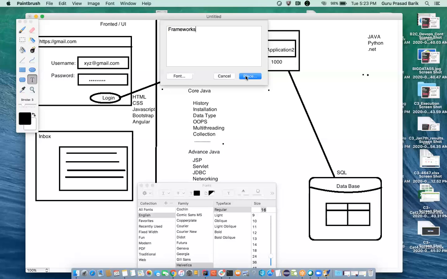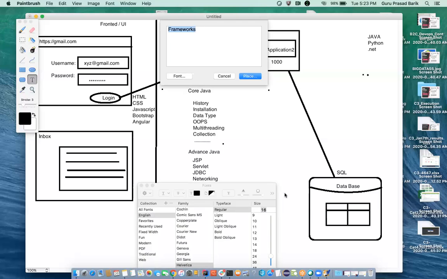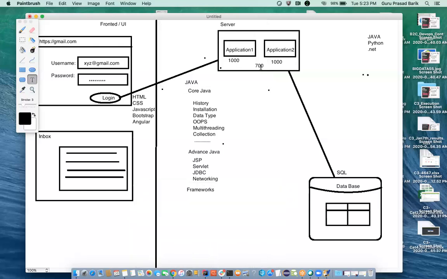Frameworks. Okay. What is a framework? Any idea? No, sir, I don't have any exact idea about it, sir. So a framework is a semi-finished reusable application. Semi-finished reusable. Why is it semi-finished? Whatever the 700 lines of code, they have been written there. It cannot be a full-fledged application. Whatever 300 lines of code are required for your business requirement, that you need to write. The other 700 lines of code are already written for you. So what is a framework? A semi-finished reusable application.